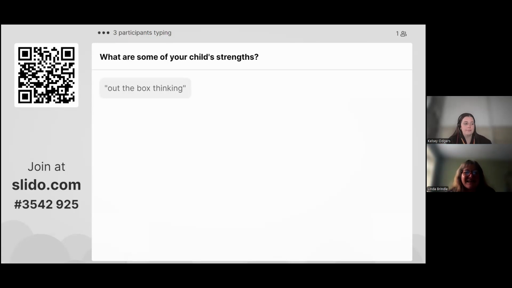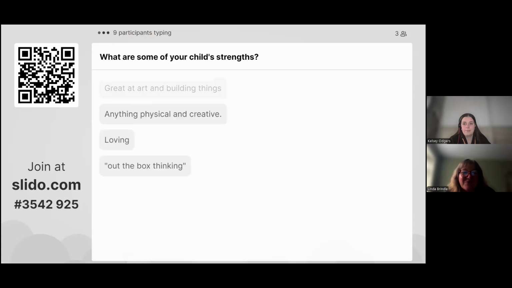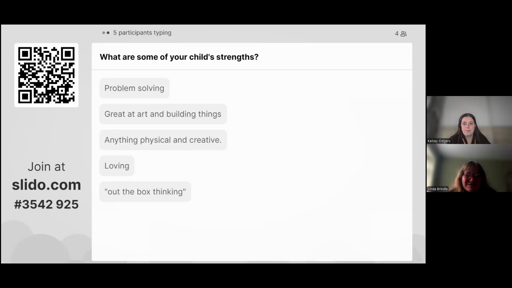Out of the box thinking. Actually, somebody mentioned something already earlier about how their child can be amazing in some of the ways that they think about things. So thank you. Out of the box thinking from a different position, having different ideas. Somebody talked to us about how their child just came up with a totally novel way to do something that was so helpful in problem solving in the situation. It's really exciting.